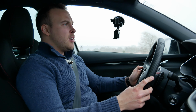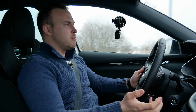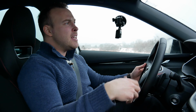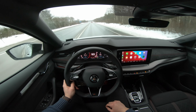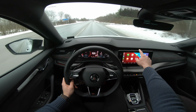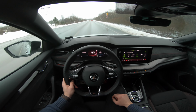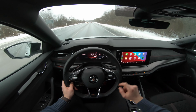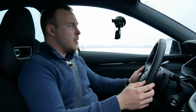for your money. If you're a family guy, if you're a dad wanting to buy an interesting car, a hotter car than your regular 1.5 diesel, whatever, grey metallic, this is a good alternative because it doesn't cost much. You get all the space you'll ever need, and if you floor it,